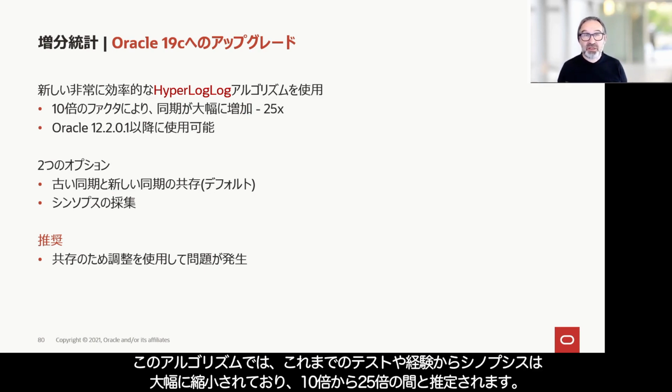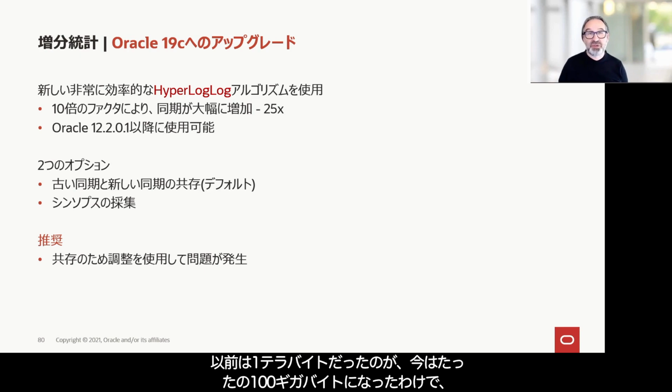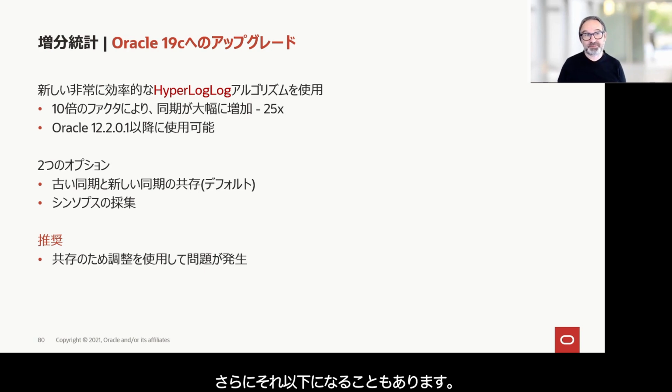And with that algorithm, the synopsis shrinks significantly. From the tests I've done and what we've seen, we would estimate between a factor of 10 to a factor of 25. So let's assume we had a terabyte synopsis before, then it makes a huge difference if you have now just 100 gigabytes consumed rather than a terabyte before. And it can be even less than that. That is available since 12.2.1. And actually there are two